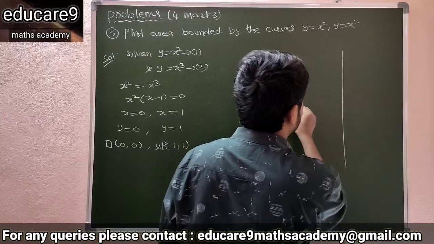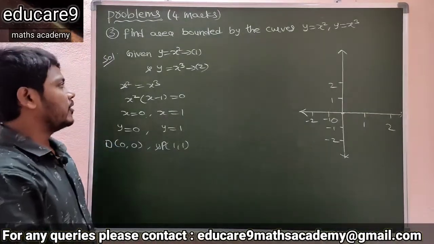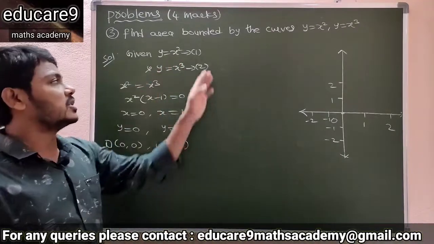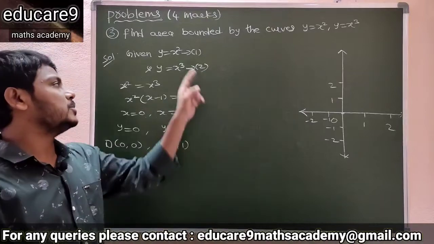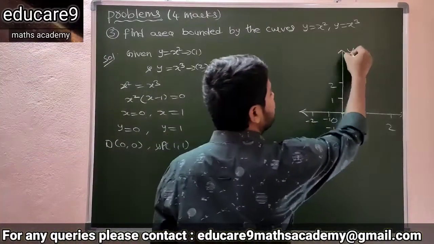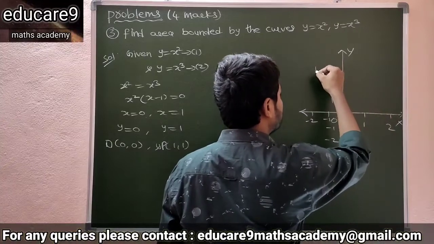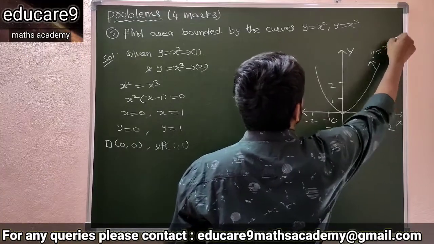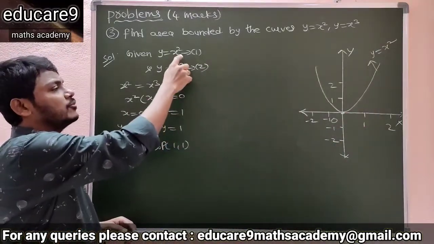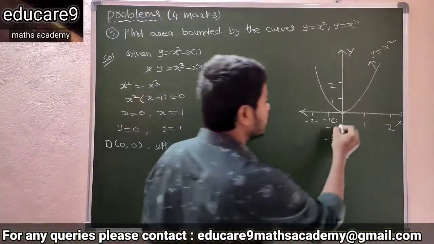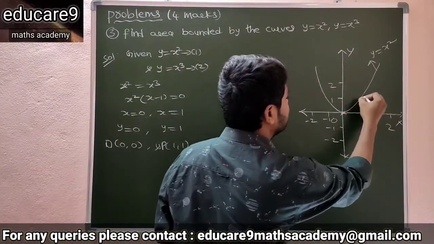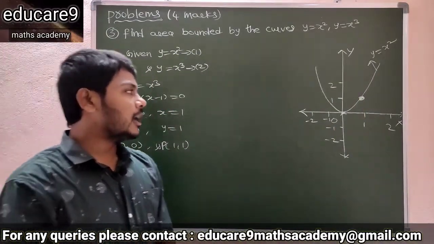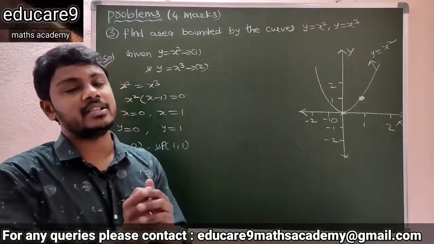So consider the coordinate axes. Now see here, first to draw the graph of y is equal to x square. Clearly it is in the form of x square equal to 4ay. So it represents a parabola, and this parabola opens towards the positive y-axis side. So this is the graph of y is equal to x square. So what are the points of intersection of the two curves? (0, 0) and (1, 1). So this one and this one. Okay. So those are the points of intersection of the two curves. Now here you need to find which is the upper curve and which is the lower curve.